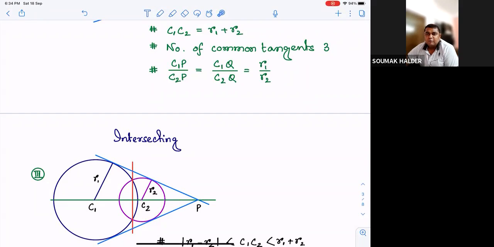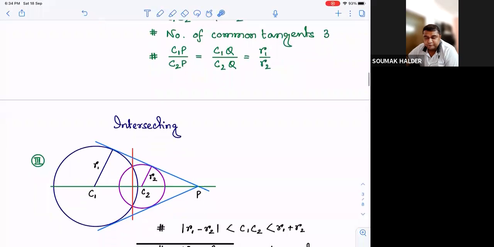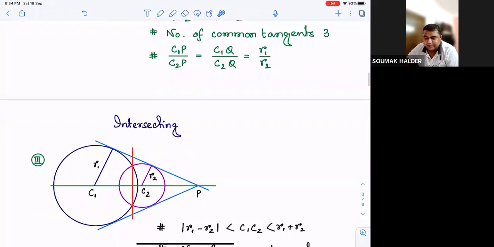What will happen when the distance is exactly the difference of the radii? We will get to it in the next point. But at least over here, we can confirm that the distance of the centers is lesser than the second case, and hence the distance of centers is less than the sum of the radii. Why it is more than the difference of the radii, that we will discuss with the next point.